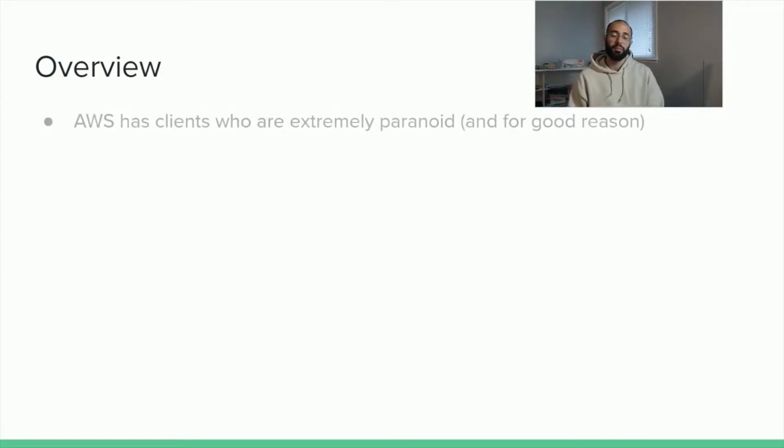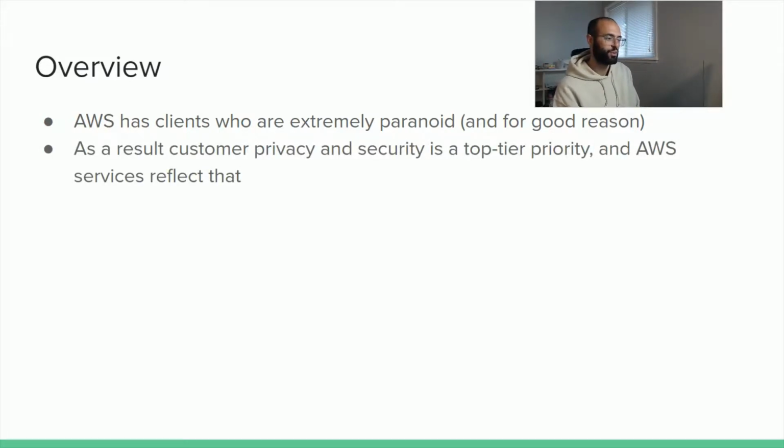In this video, continuing our coverage of the AWS Cloud Practitioner examination, I'm going to be covering a topic that is, I was going to say near and dear to my heart, but that would be an outright lie. It's kind of boring, but it's necessary. The topic is security. As you can imagine, AWS has companies large and small, and they're very paranoid about the security of their data and their communications, and for good reason too. We have bad actors out there in the world. So AWS has obviously been built with security and privacy as a first-class consideration throughout all their services.